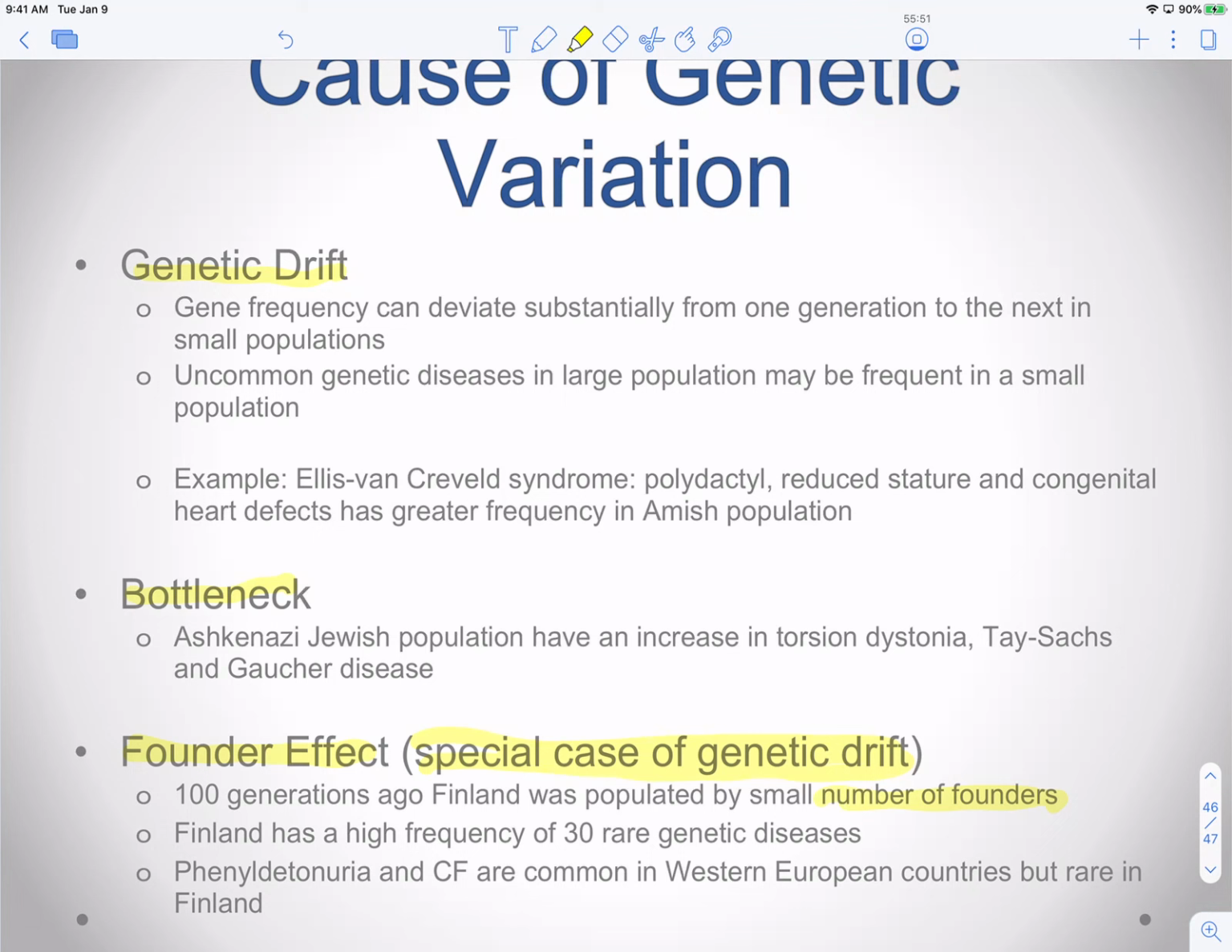However, what this does, similar to bottlenecking, is give you an increase of rare genetic diseases, 30 in fact. And the diseases that are common in Western Europe, phenylketonuria and cystic fibrosis, are not common in Finland because those diseases came about after Finland was founded. So the founders of Finland did not carry those mutations with them. Okay, so that's